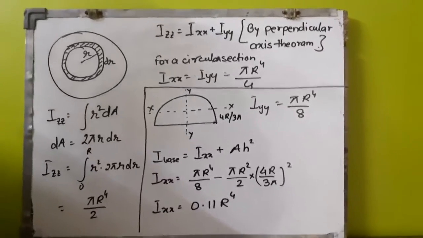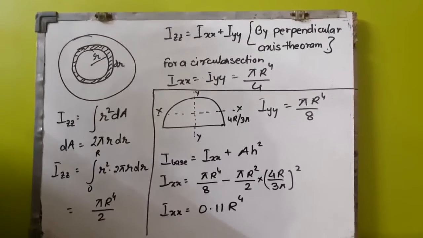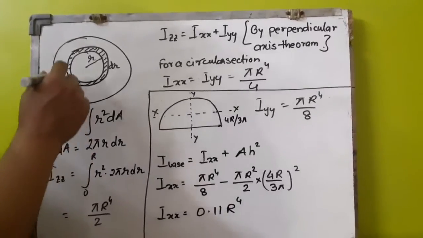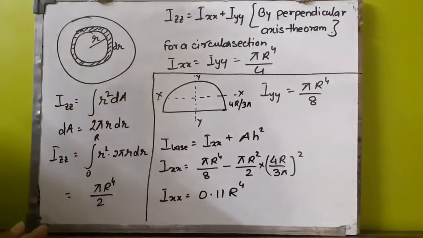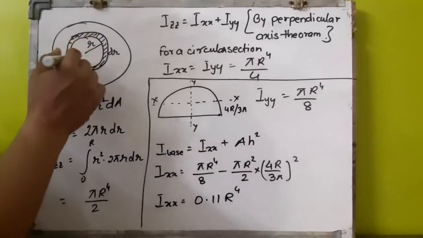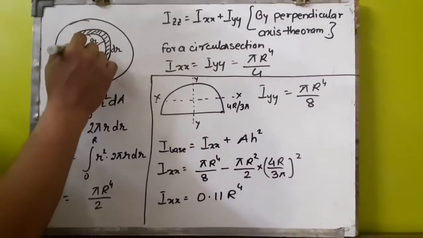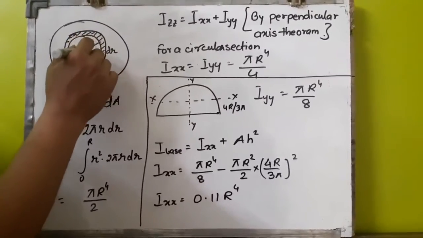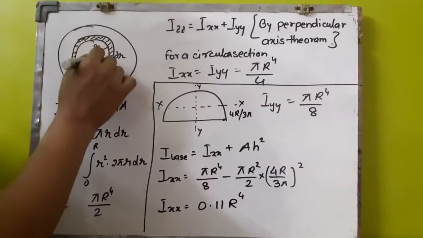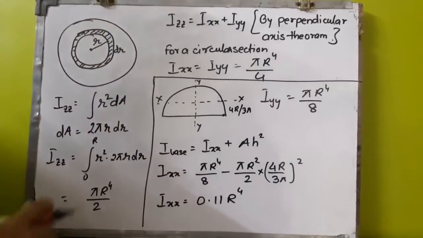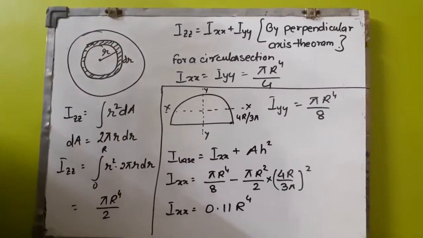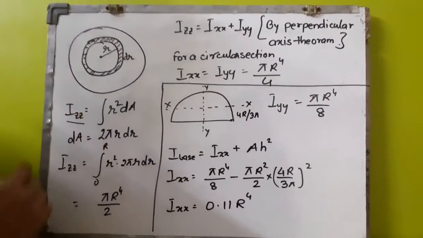So what we have seen till now is second moment of area, moment of inertia, for a rectangular and triangular section. Now let us find out the second moment of area for a circular section. For a circular section, we have taken an elemental strip at a distance r from the center of the circle, having a thickness dr. So if the representation is in the form of r and theta, then it is your zz axis.